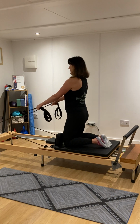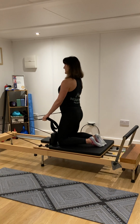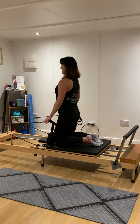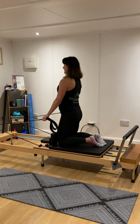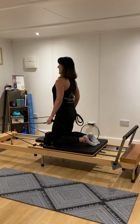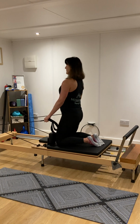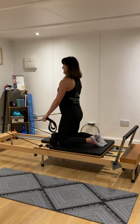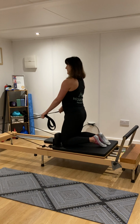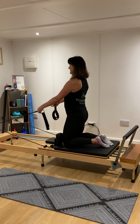Now, let's make sure we're not swinging the body on this one. We really do want to keep that body nice and upright, and the work wants to be done through the arms. So if the spring's too heavy, we end up sort of forcing and thrusting the upper body a little bit. So if that's happening, just lighten your spring setting slightly so that you can isolate the movement